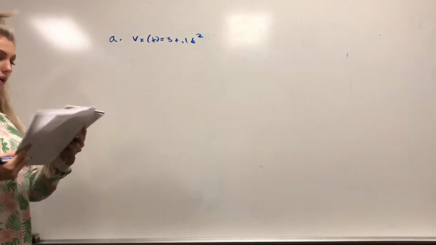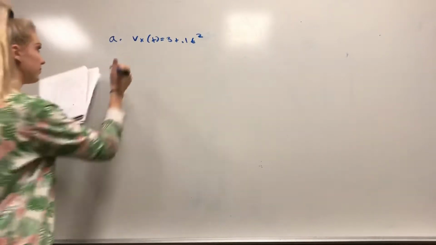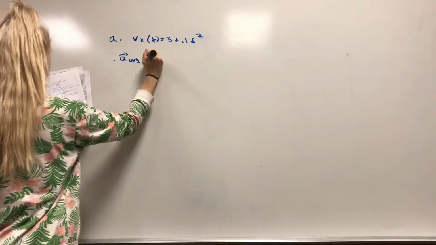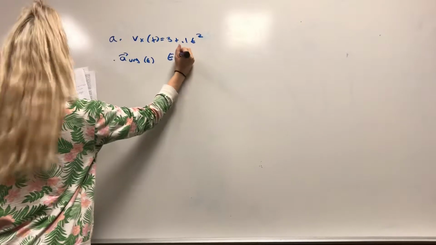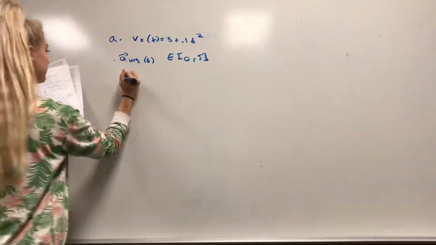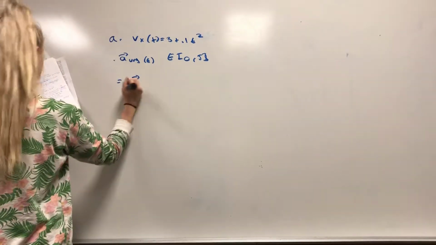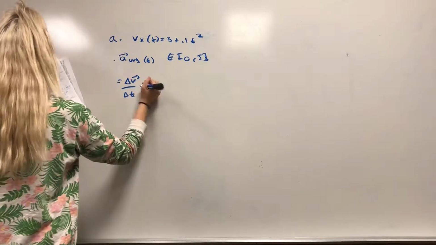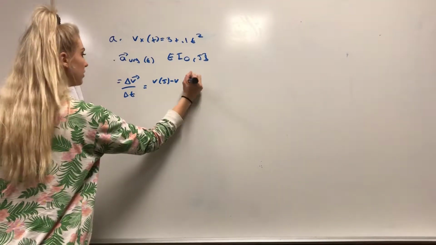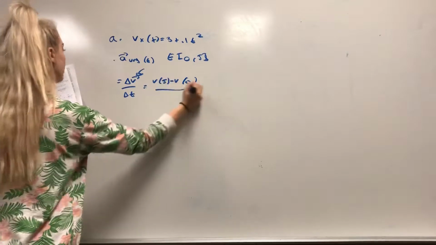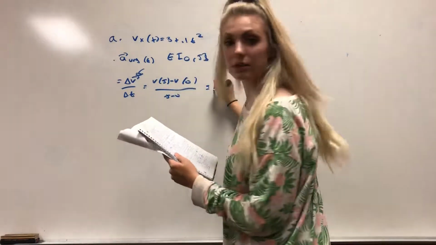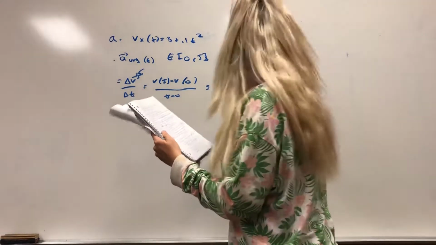Okay, so to find average acceleration for interval 0 to 5 seconds, we have to do the change in the vector velocity over the change in time, which is just v of 5 minus v of 0, sorry, this is instantaneous velocity, divided by 5 minus 0, and this equals 0.5 meters per